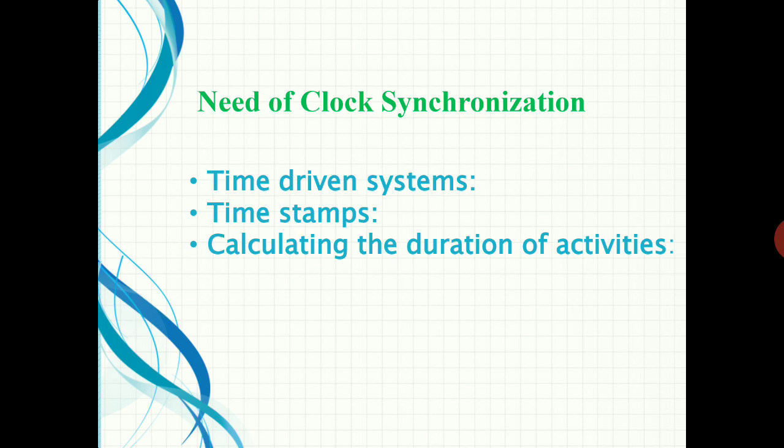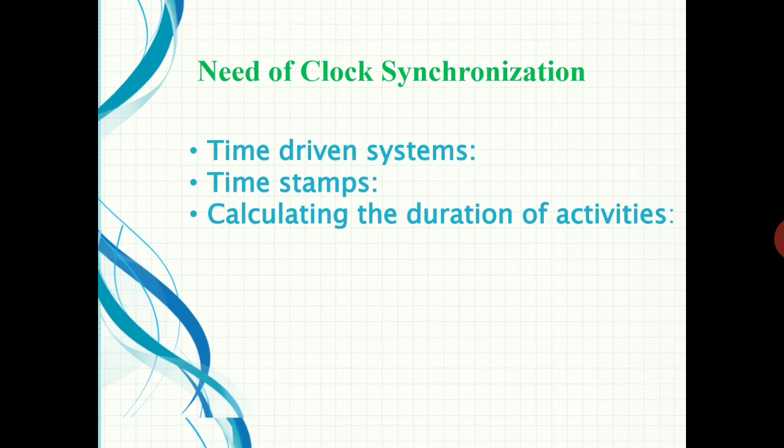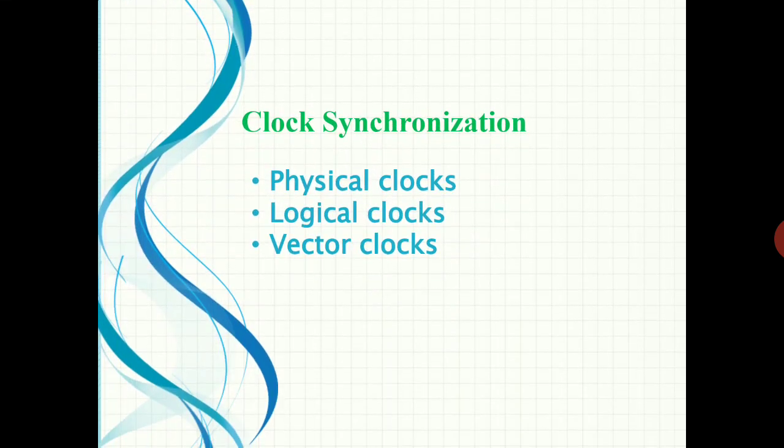Synchronization in a distributed system is achieved by clocks. It is sometimes called a timer. The clock synchronization can be achieved by physical clock, logical clock, or vector clock. That means we have to achieve the synchronization by clock. So we are going to synchronize the clock by using three methods: the physical clock, logical clock, or vector clock. You will see these in detail in the upcoming sections. First of all, we are going to see the physical clock in detail.